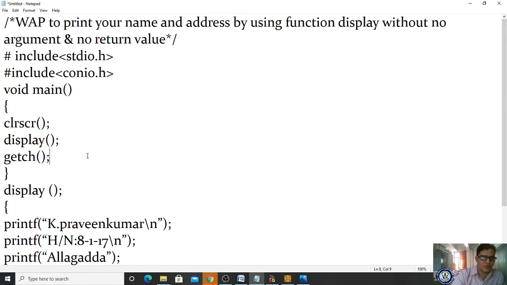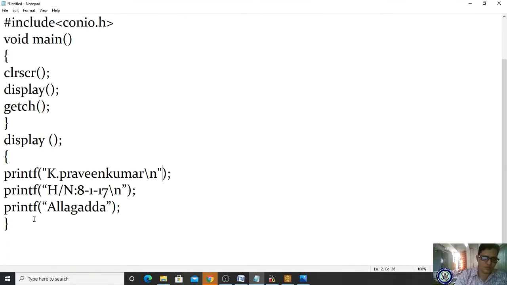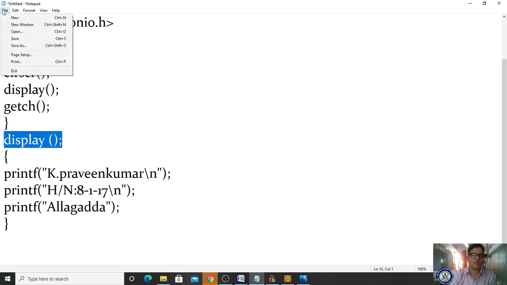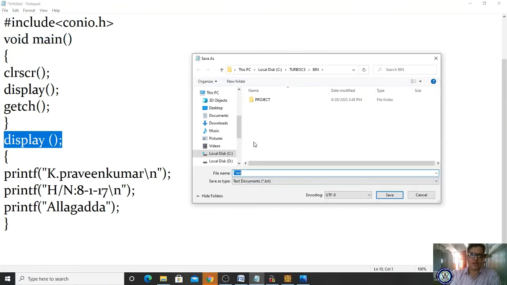Void main function. So please observe, here I already made a mistake. This is my Andhra address, which I am displaying in this function. It doesn't have any return type and it doesn't consist of any arguments. Yes, right. I have given a semicolon for your function body. If I give the function body a semicolon, then it will return an error, right?